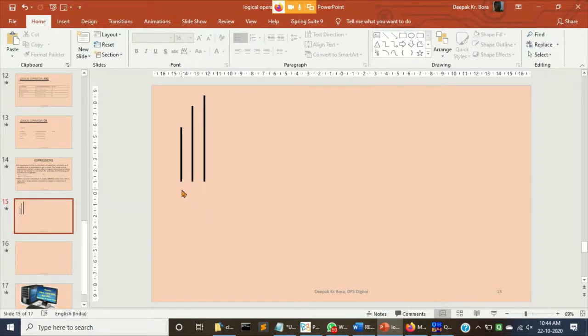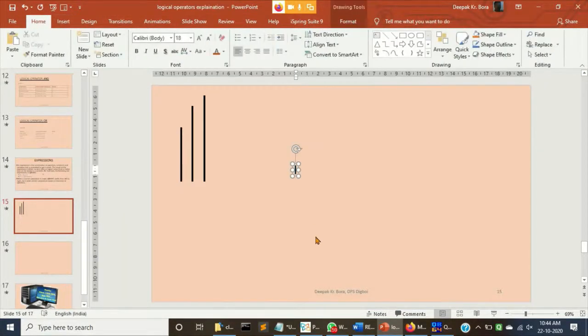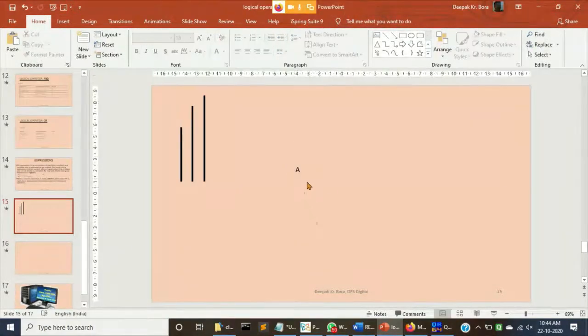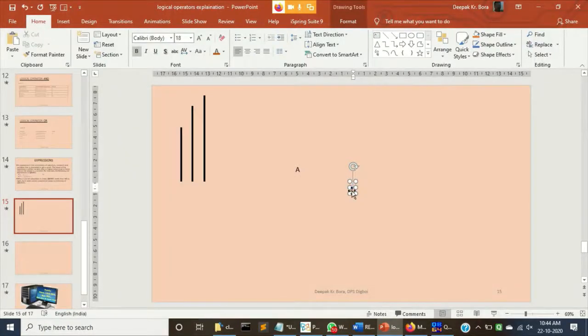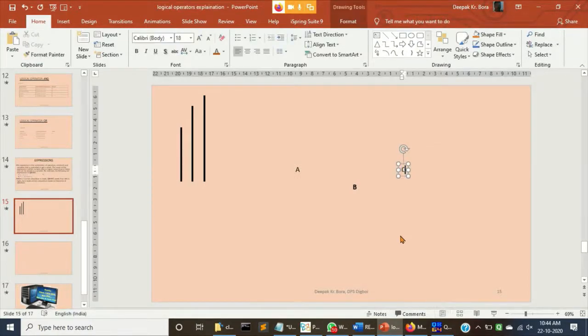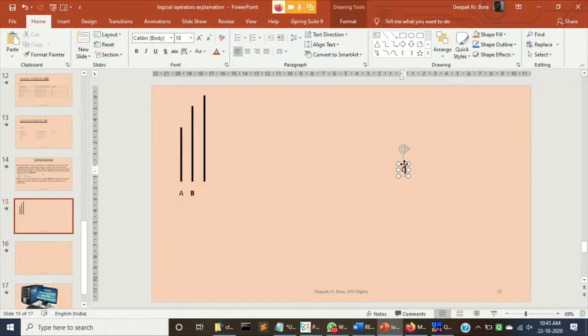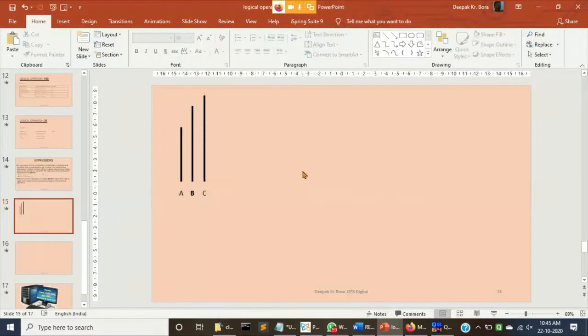Say the first one is A, second one is B, and third one is C. So this is A, this is B, and this one is C. Now, how are you going to compare?